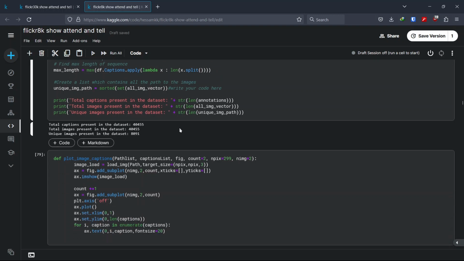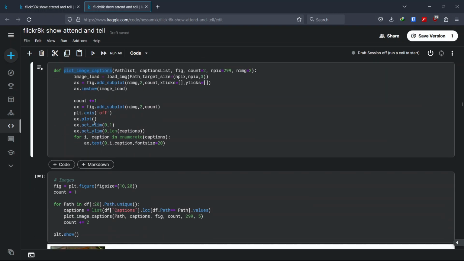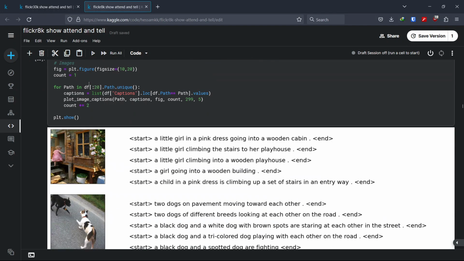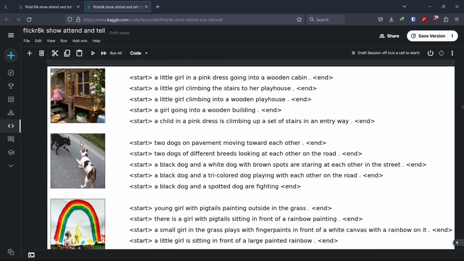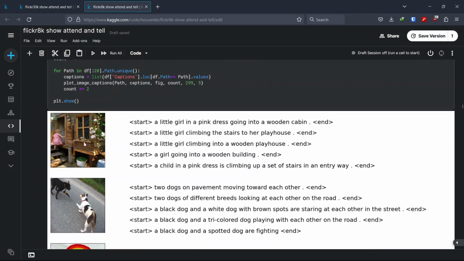Here again is an image. We can use this function to plot an image with its caption. We can see this image has this caption, and here you can notice the start tag and end tag for